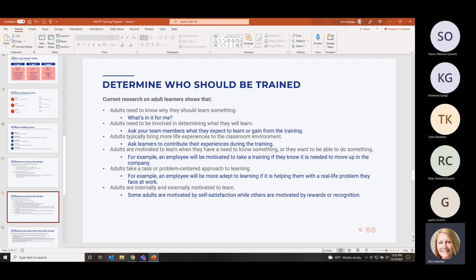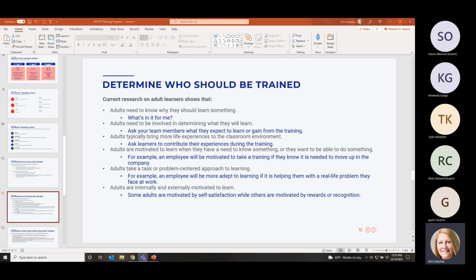Ask your team members what they expect to learn or gain from the training. Here's one way you can look at this and how it's potentially advantageous, and I know that we're seeing a huge flux in the industry right now: a lot of people as adults like training because they're building their skill sets to potentially set themselves up for some type of promotion. Now, I don't know if everybody on here is a supervisor or not, or part of food safety teams or HR or not.